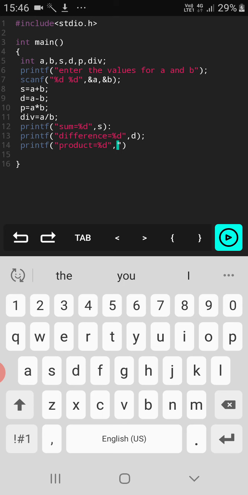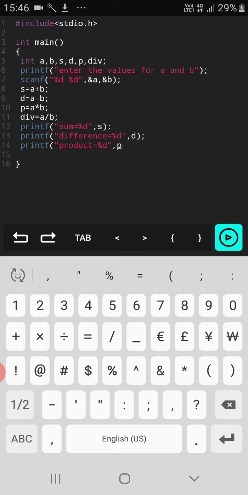For the product, I have made use of the variable p.